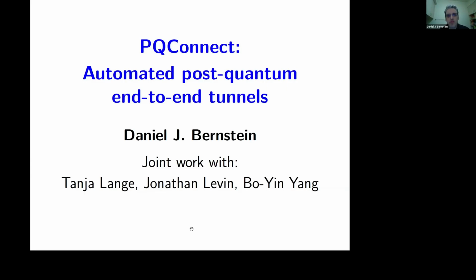I'm going to jump into my slides here by telling you something about transport layer security, TLS, and then I'll get to what PQConnect does. So TLS is a general purpose mechanism of adding security. At least the idea is it's supposed to add security to all sorts of different protocols, all sorts of different